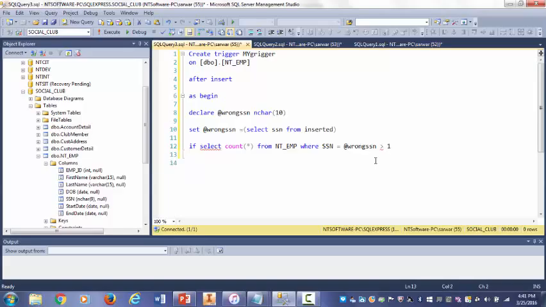Okay, now we have to close the statement here. As you see, it is wrongly specified. Anyway, now let's begin, then ROLLBACK